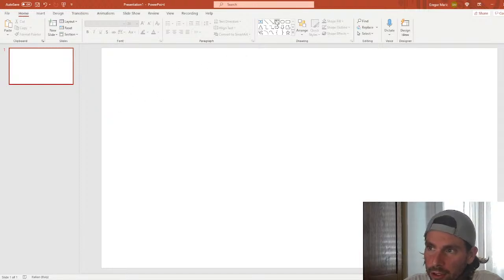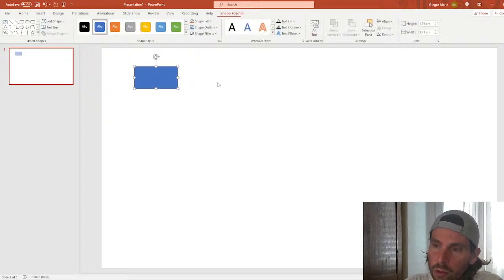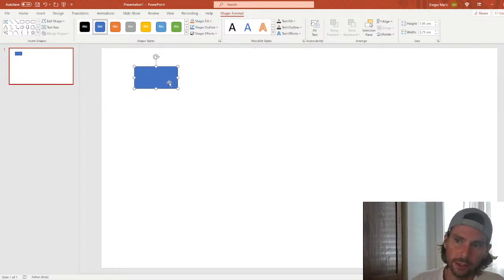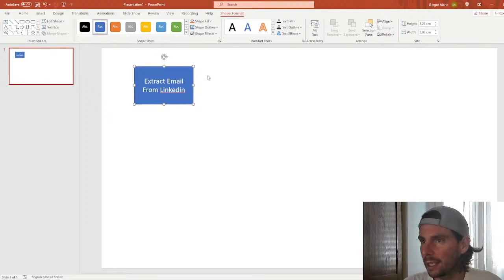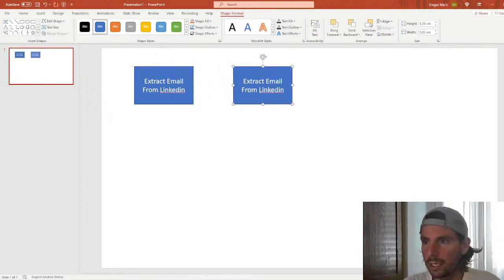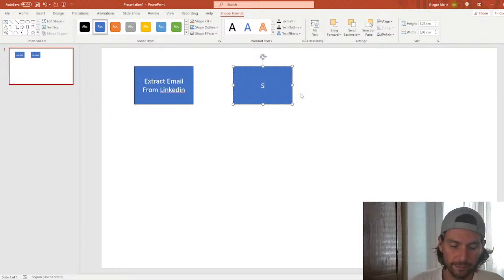So I had a general idea of what the robot wants to do. The robot should visit our LinkedIn connections, find their email and send them a message. So let's just draw a small graph or chart just to get an idea of what the robot is going to do. So it's going to extract email from LinkedIn, and after that we can break this down into other boxes as well, and then it is going to send email